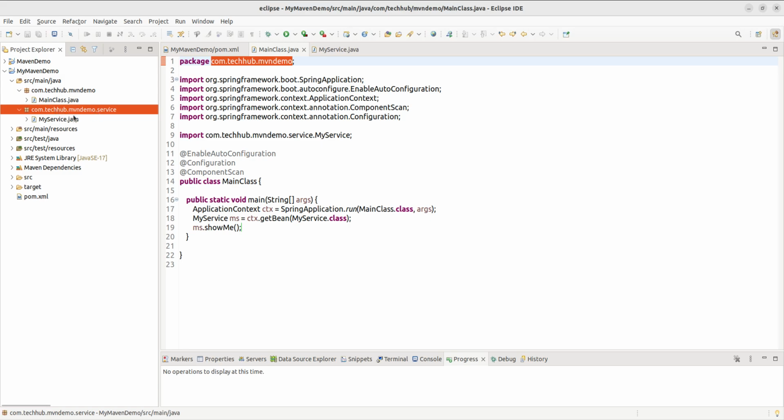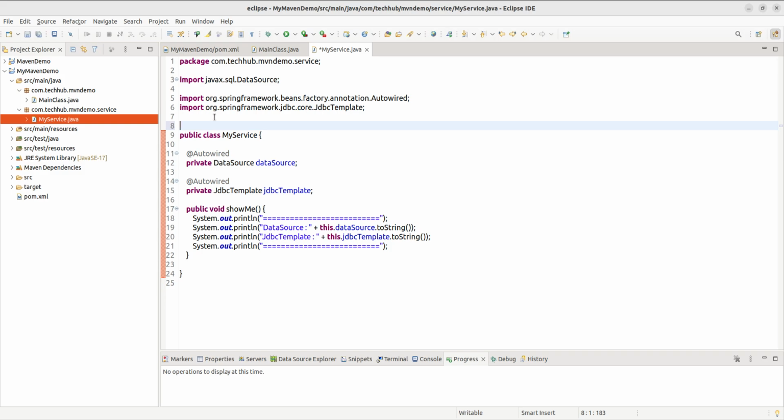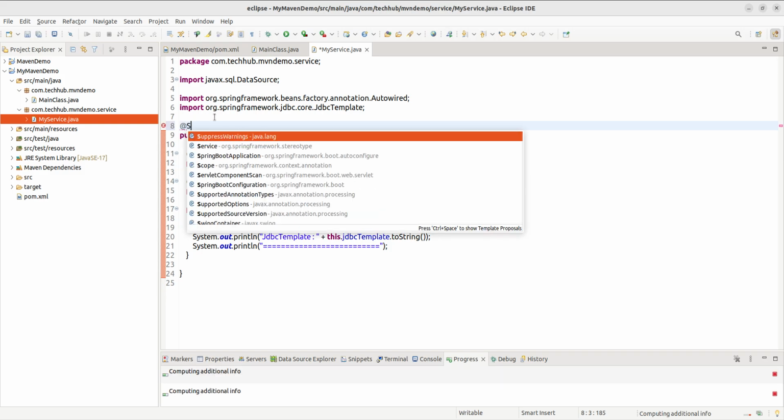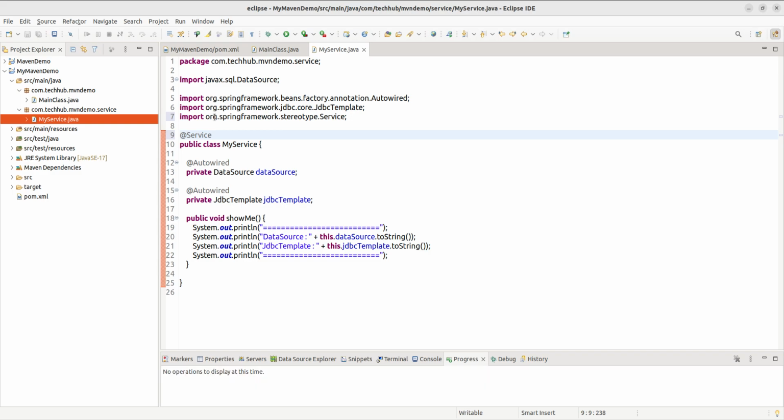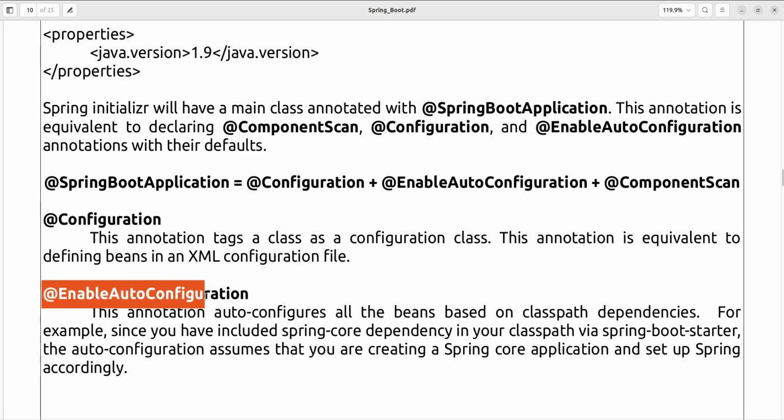So is there any class in com.techhub.maven.demo.service package that is marked with a stereotype annotation? Is there? No, currently not there. My service is not marked with any of them, so we have to mark this one. Let's mark it with service, or you can mark it with component or repository, any of them, no issue, but service is suitable for this one. Okay, so this is called enable